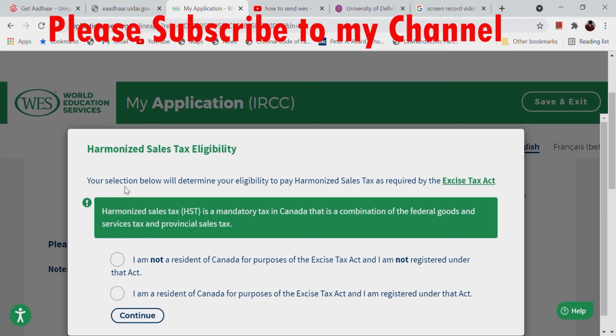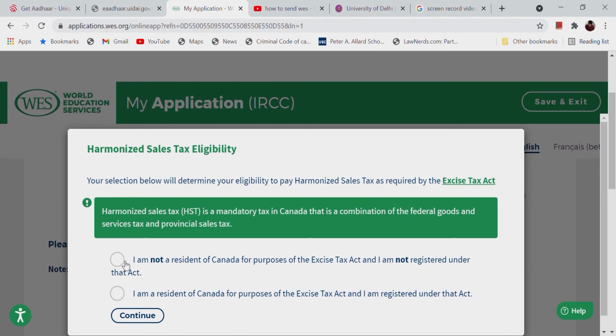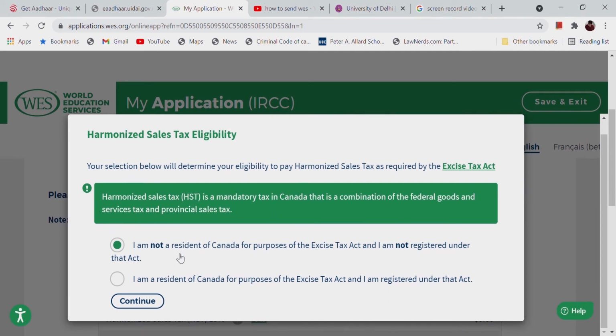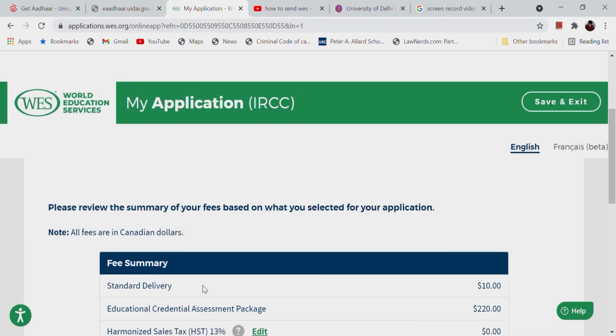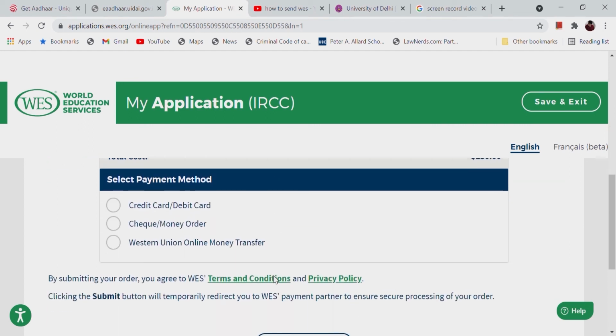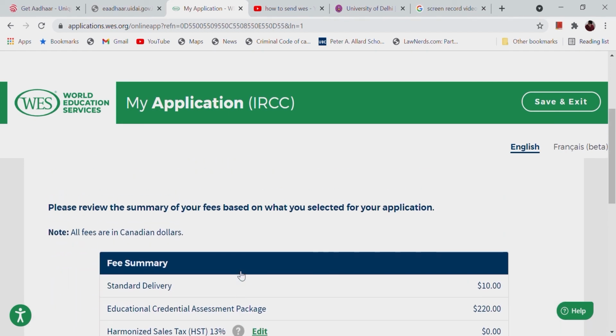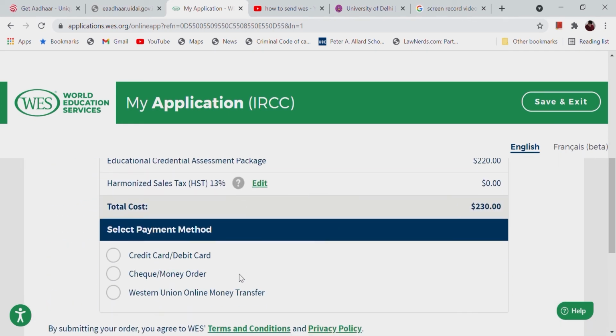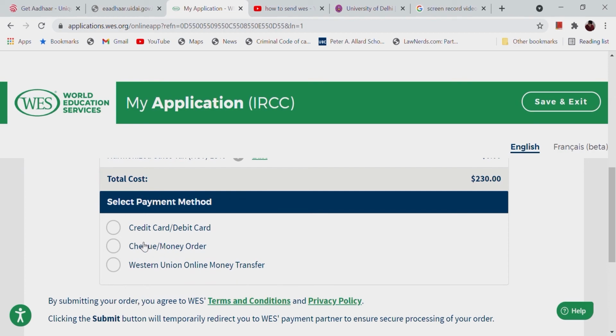For international students or international applicants, it is not applicable. So it is not applicable also on me. So again, I will ask you to use the credit card for making payment. Other payment options are not preferred. So here you can see that this is my pay summary, and I'm going to pay $230 for this application. I'm not paying any other taxes into this. So let's move forward.